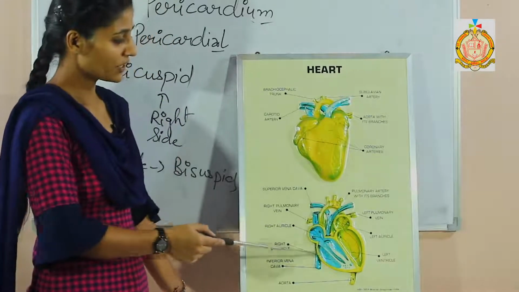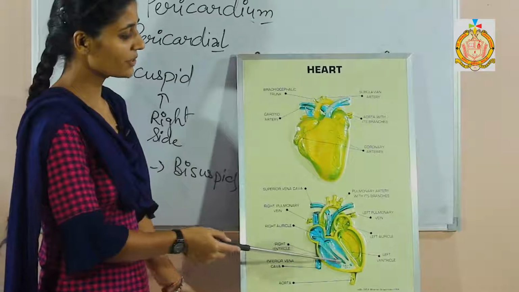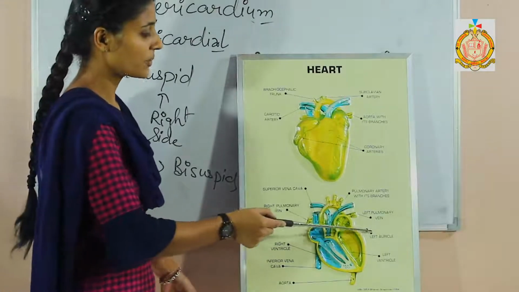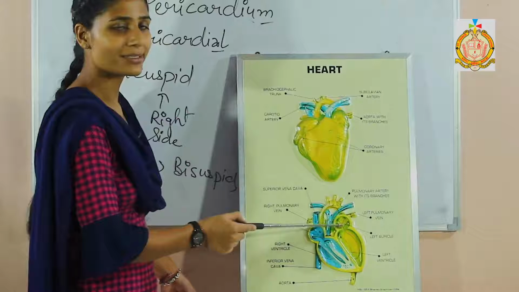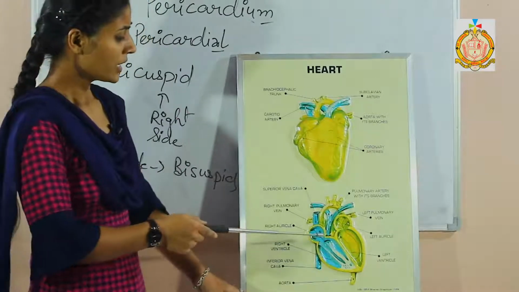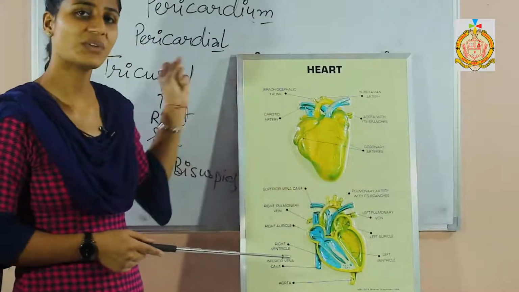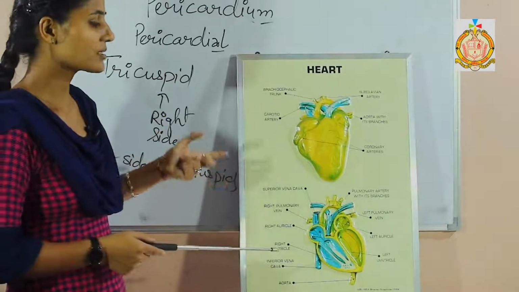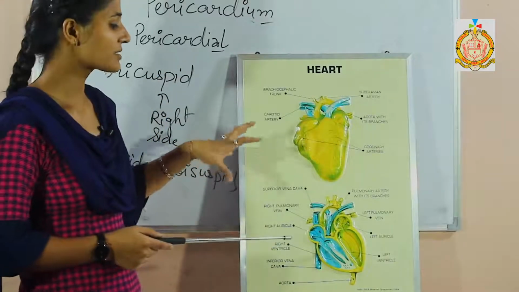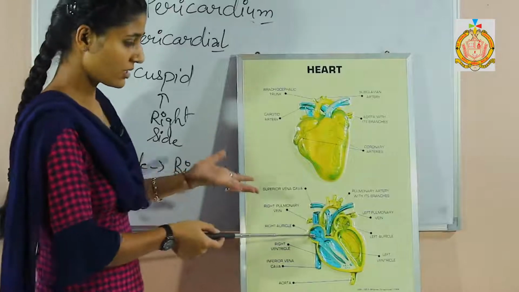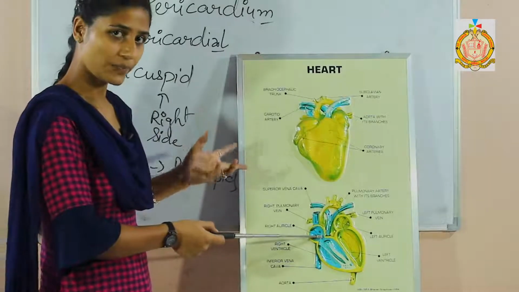The right side is bluish, you are able to see. Why is it bluish? Because deoxygenated blood is present on this side, and on the other side oxygenated blood is present. Now, how does this blood enter the heart and how does it leave the heart? Before starting the circulation of blood, let us discuss the whole parts of the heart. The chambers of the heart are now clear to you.